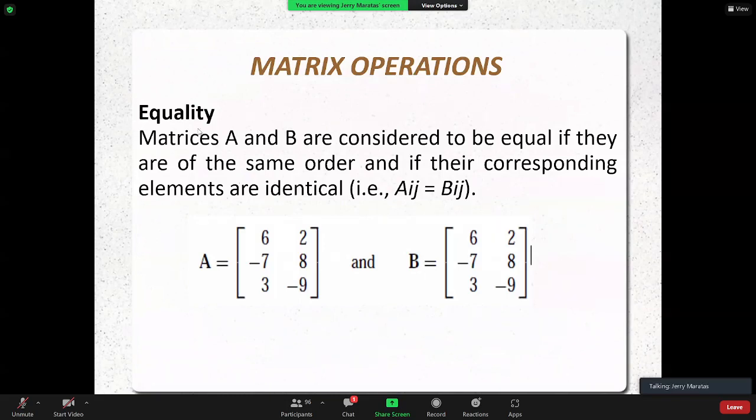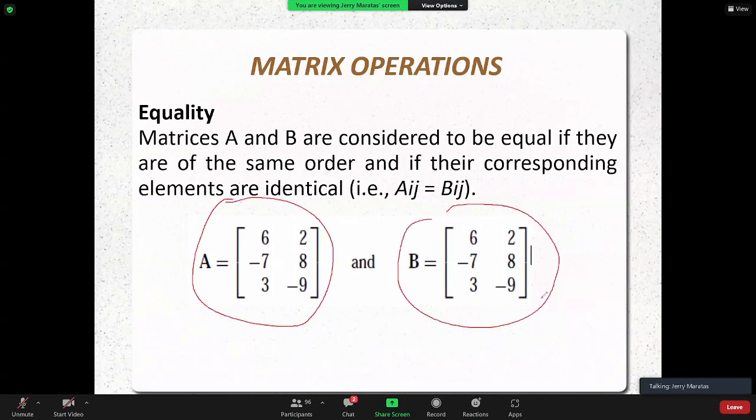So let's start with this item, equality. Matrix A and B are considered to be equal if they are of the same order, or the same size, and if their corresponding elements are identical. For example, this is our matrix A and these are the elements under matrix A, and this is our matrix B, and we have these elements under matrix B. So if you notice, their size or their order are